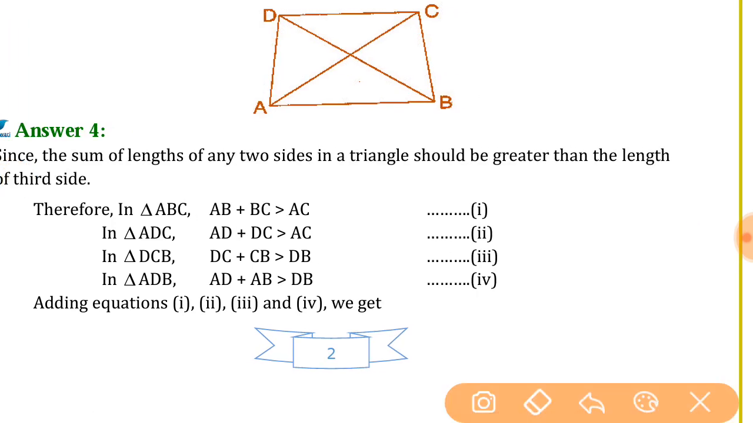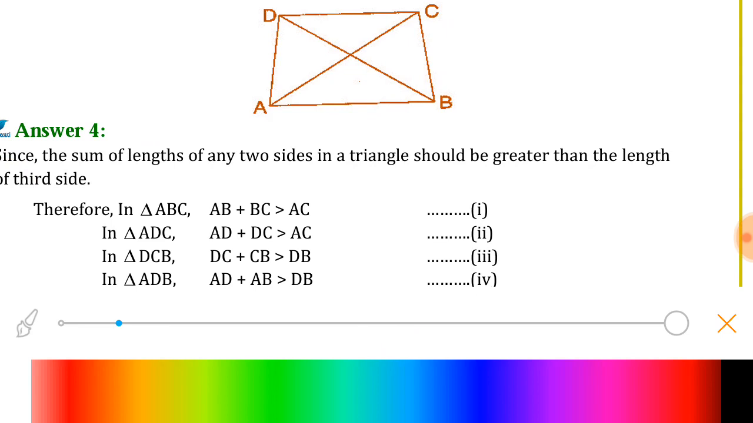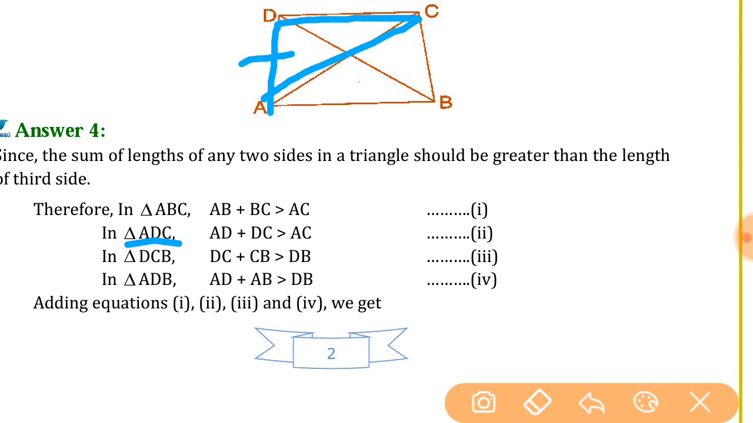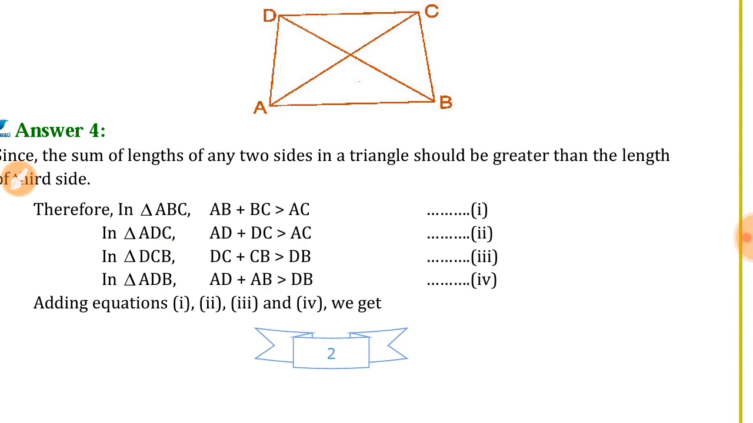First, I'll show one triangle ABC. In these two, if you add these two, it will be greater than AC. Okay, in another triangle ADC, AD plus CD is greater than AC. Okay, then in another triangle